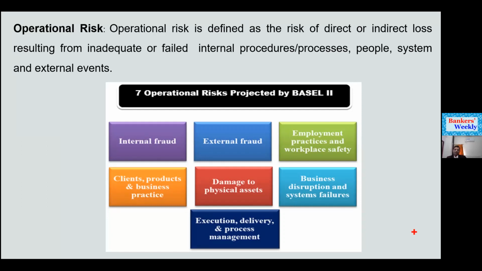One is internal fraud, external fraud, employment practices and workplace safety, clients, products and business practices, damage to physical assets, business disruption and system failures, execution, delivery, and process management. So if you see the definition of operational risk, these 7 components are nothing but part of the